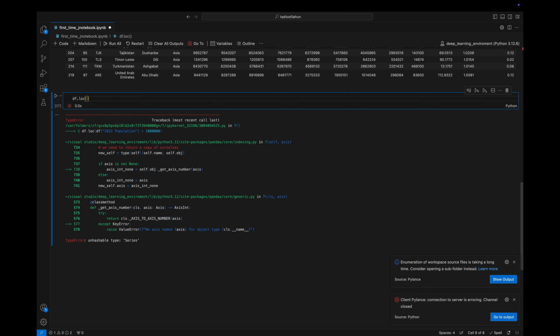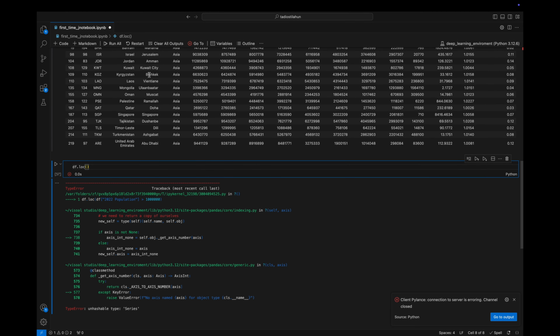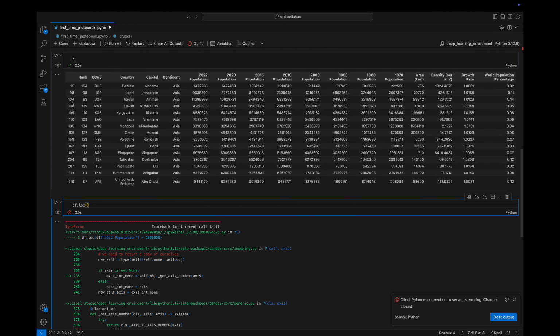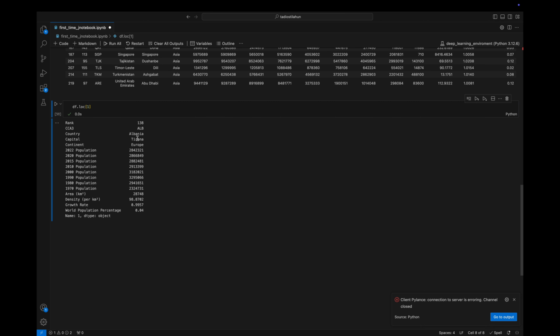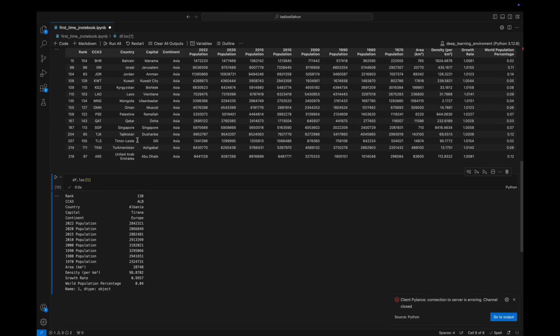Okay, let's say we want to see this column here. We can do that by just saying country column, and this is going to show us